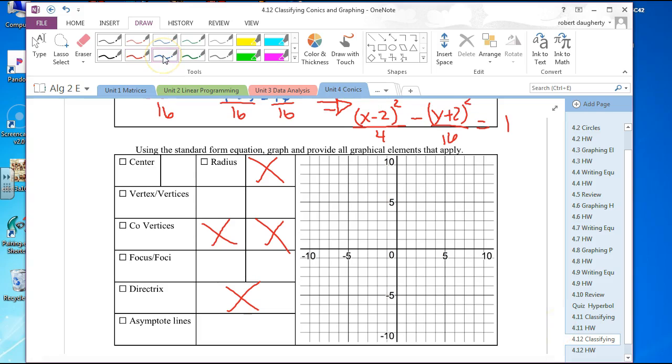What's the center? 2, negative 2. And what you want to do when you do this is do a combination of writing the information down and graphing, because sometimes it's easier to get this stuff from the graph. So 2, negative 2. Okay. The other thing I don't ask for, but it's often helpful, what is a? a is 2. b is 4. Okay. So I know that this is horizontal. So if I go over a distance of 2, what am I finding when I go left and right by 2? Yeah, not foci, but vertices. And then when I go up and down by 4,